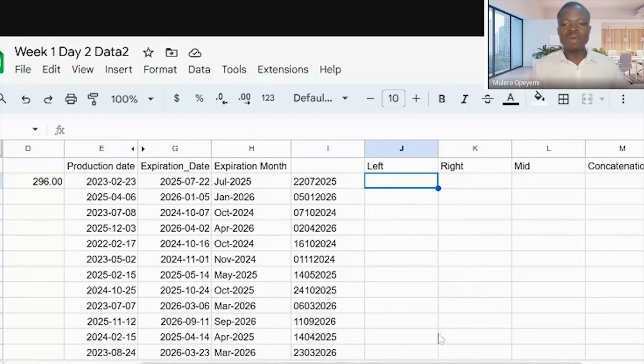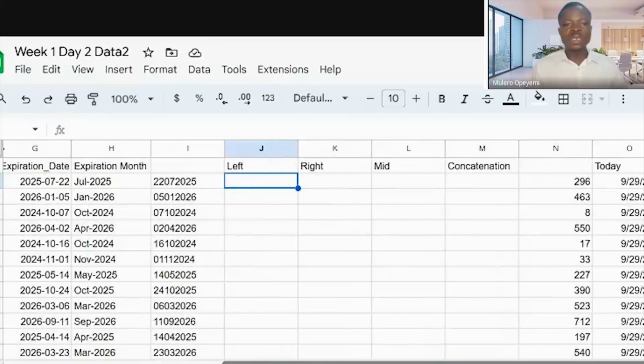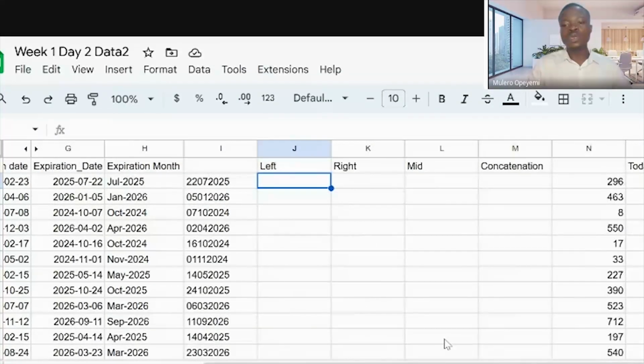LEFT means that I want to query a particular column such that I can tell the software, from the left, give me 2 characters. Once I call up this LEFT function, starting from the left, pick just 2 characters, and you will only see those 2 characters. It will also work from the right. From the right, pick 4 characters, and you only see those 4 characters. MID means, in between, starting from the second character, I need 3 characters from there. And from that point, you see those 3 characters.